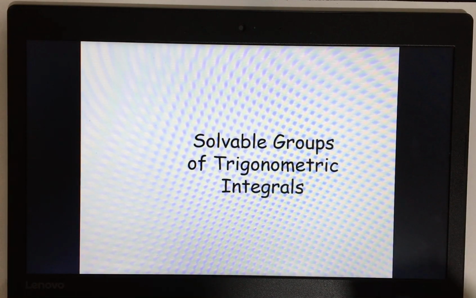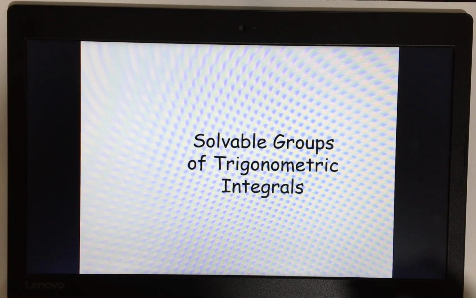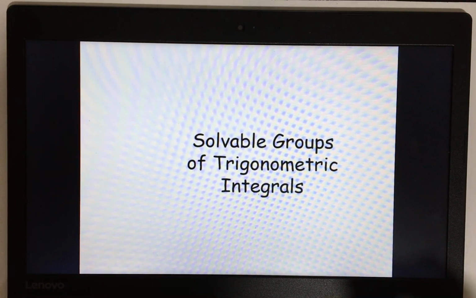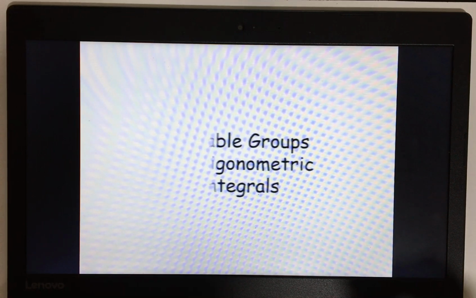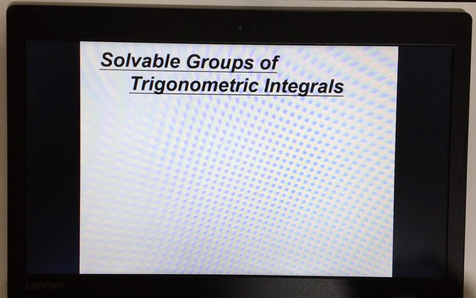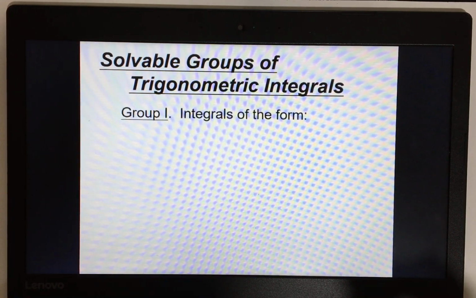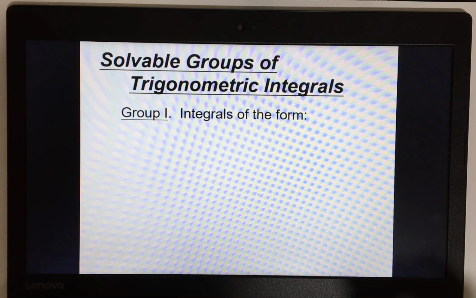I'm going to summarize what we had discussed so far on the solvable groups of trigonometric integrals. So last time we talked about this topic, no? We have solvable groups of trigonometric integrals. Then we have group 1 integrals of the form